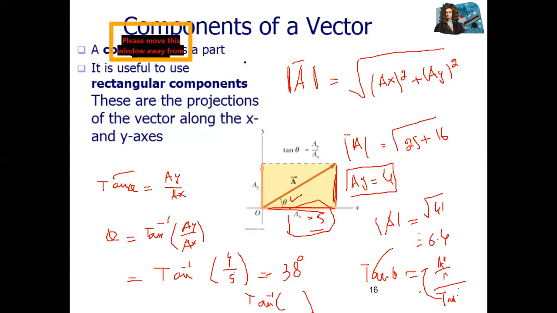If two angles are given, for example, this one angle is also given. Let's suppose this angle is 60 degrees. We know that this one is 90, this one is 60. What will be this one? You can find it the same way. Write alpha for one angle, beta for the second angle, and gamma for the third angle. Alpha plus beta plus gamma equals 180 degrees. Putting in the values of two, you can find the third one. But when only one angle is given, and we know that angle is 90 degrees, we don't know the two other angles. Then we use tangent.